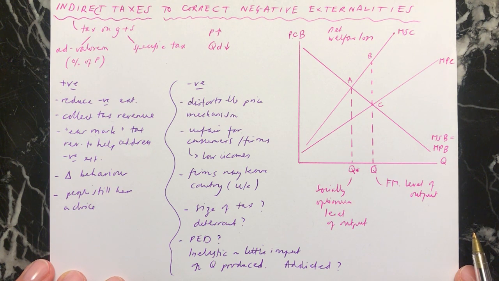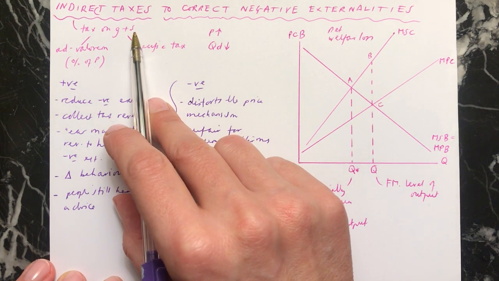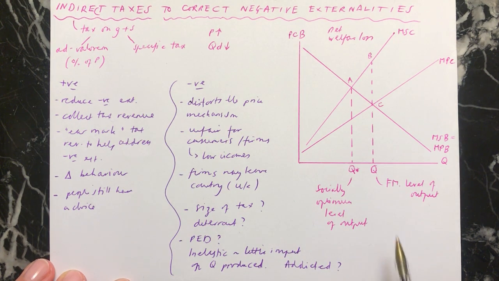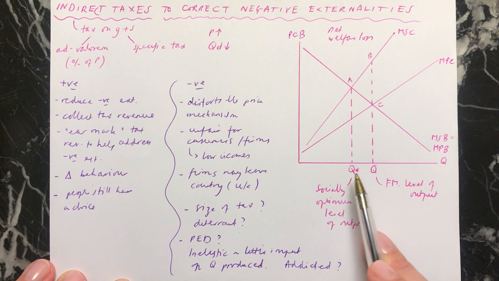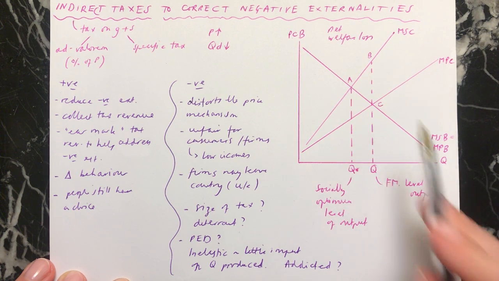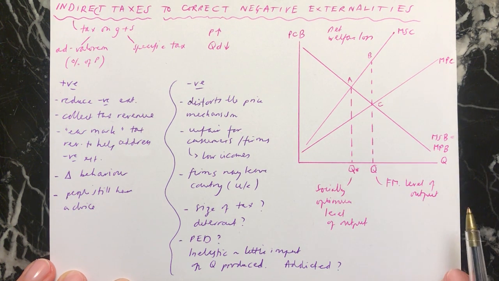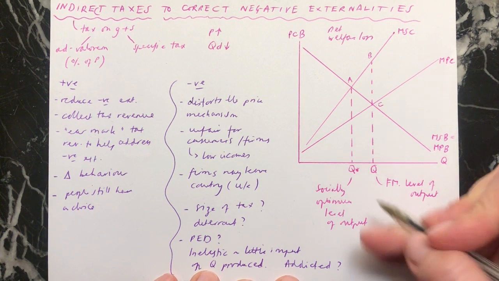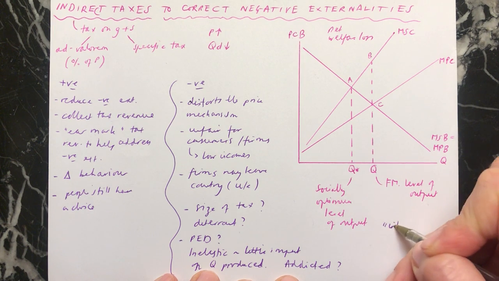When you're saying that you're putting in place your indirect tax, so that's a tax on goods and services, so that you're going to reduce the output from Q towards Q star, the socially optimum level of output, and you're going to reduce your net welfare loss of ABC. What you can say is that when the tax is put on to the good, you're essentially, we say, internalizing